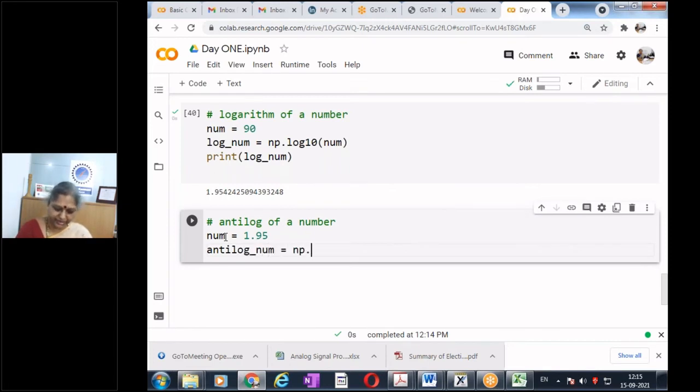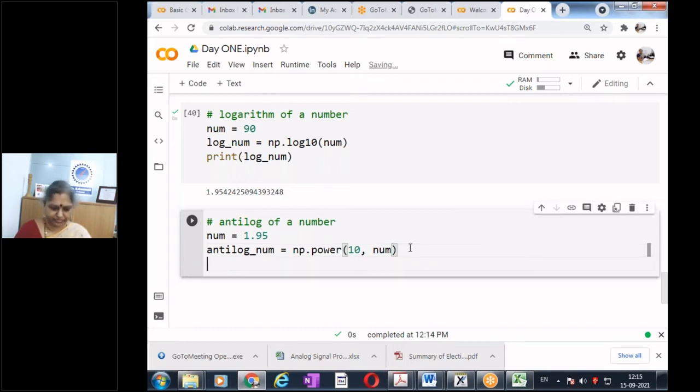What can I do? I can use np.power, raising 10 to the power of my number, and then print the anti-log of the number. Just check if I do it for 2.